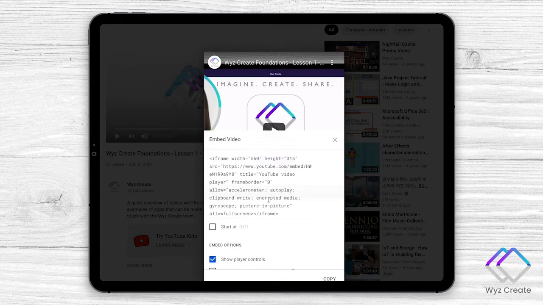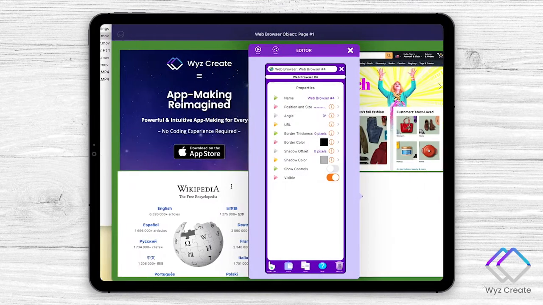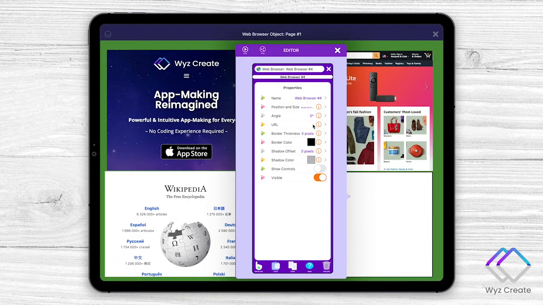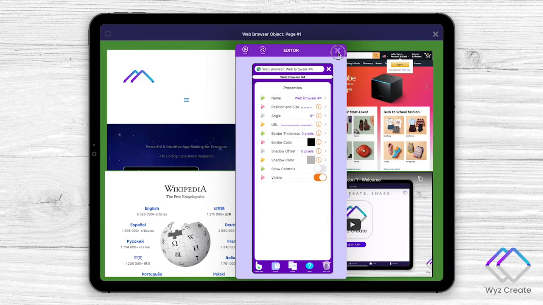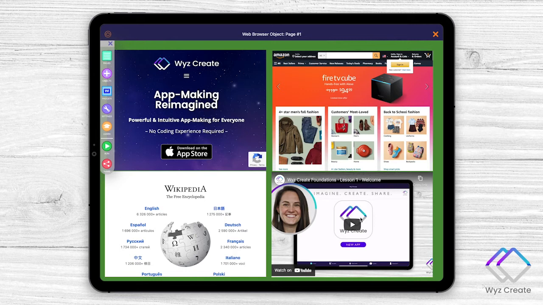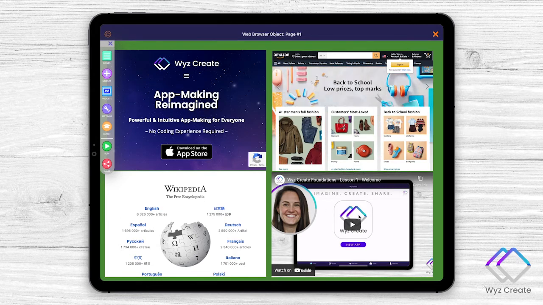However, the web browser object on Wyz Create is essentially already an iframe, taking care of most of this coding here. So all we need is this specific URL right here, and we need to copy and paste that into the web browser object. So I'm going to right click and say copy, or you could Command C. And then I'm going to swipe back over to Wyz Create, and I'm going to paste that URL into the web browser object. When I do, you can see what results is a full screen video embedded here in this